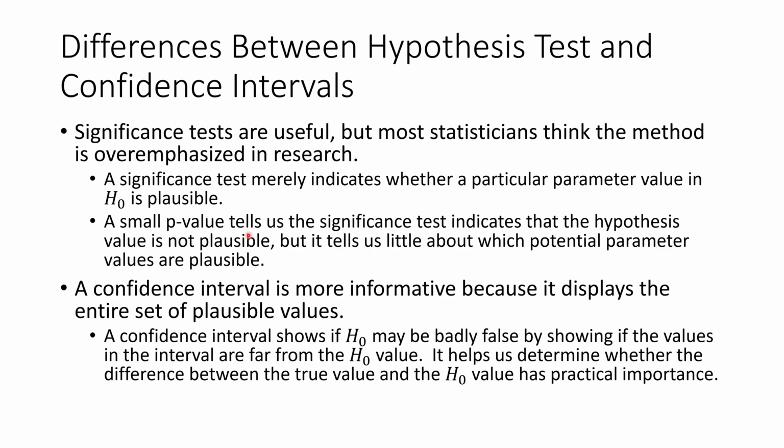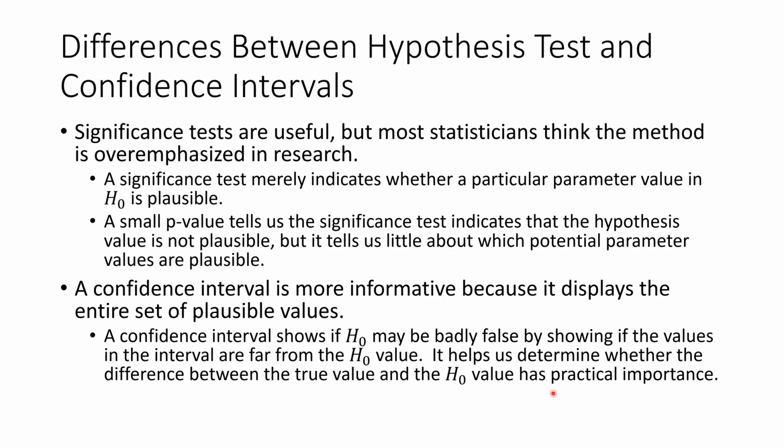A small p-value tells us the significance test indicates that the hypothesized value is not plausible, but it tells us little about which potential parameter values are plausible. A confidence interval is more informative because it displays the entire set of plausible values. A confidence interval shows if the null hypothesis may be badly false by showing if the values in the interval are far from the null hypothesis value. It helps us determine whether the difference between the true value and the null hypothesis value has